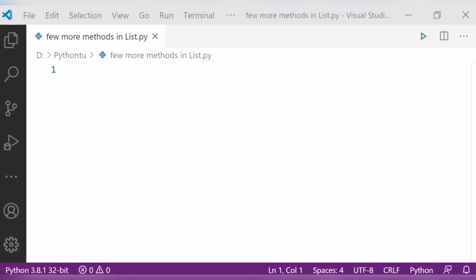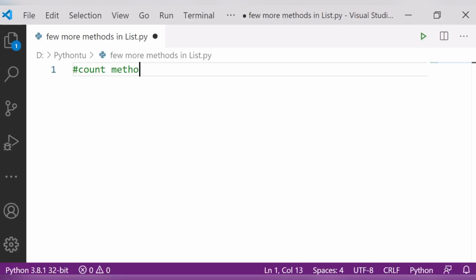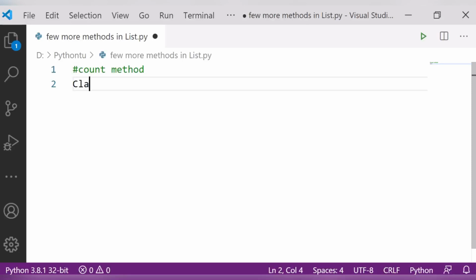First is the count method. So what is to be done over here in the count method? Yes, of course, we want the same list here. Let me create the class here.